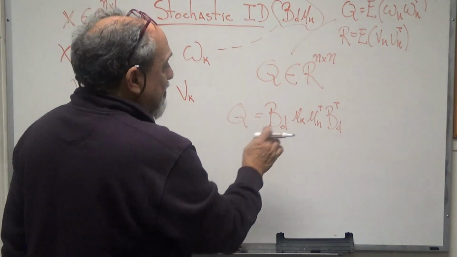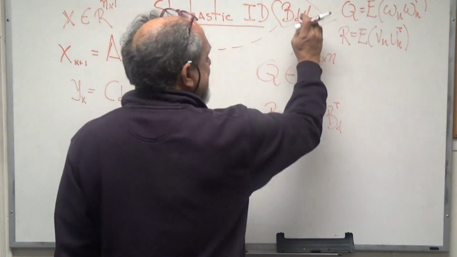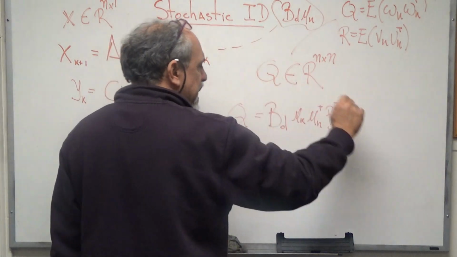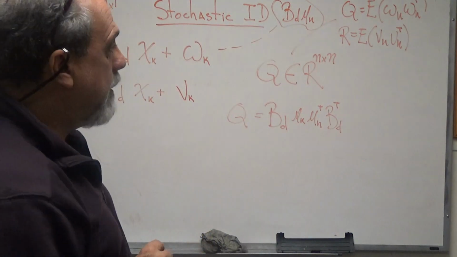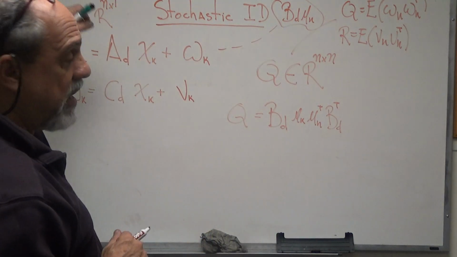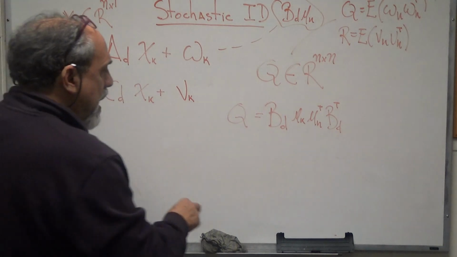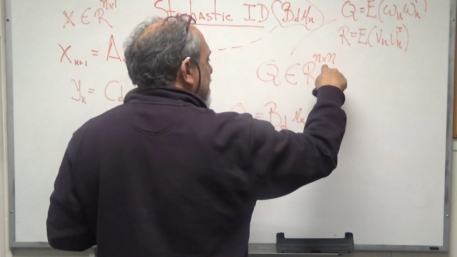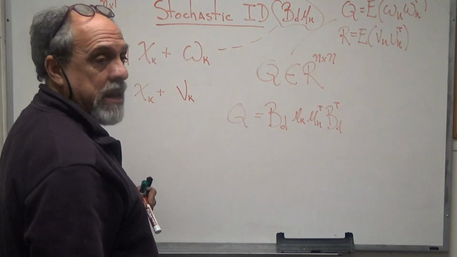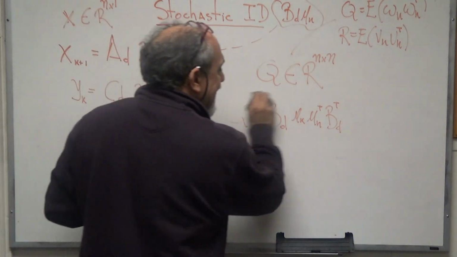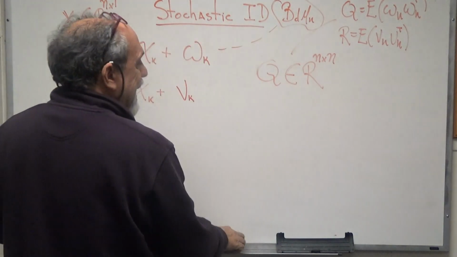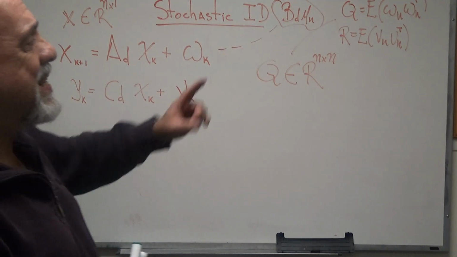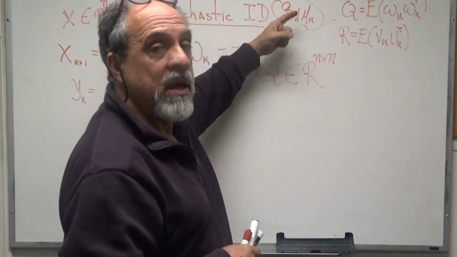Now, if the excitation UK is acting at 3 degrees of freedom, then BD has 3 columns, and this matrix is only rank 3, right? Even if N was 55. Therefore, the thing to keep in mind is that the rank of Q, even though Q is an N by N matrix, is not really rank N, right? The rank of Q is the number of independent excitations, even though we don't know them,